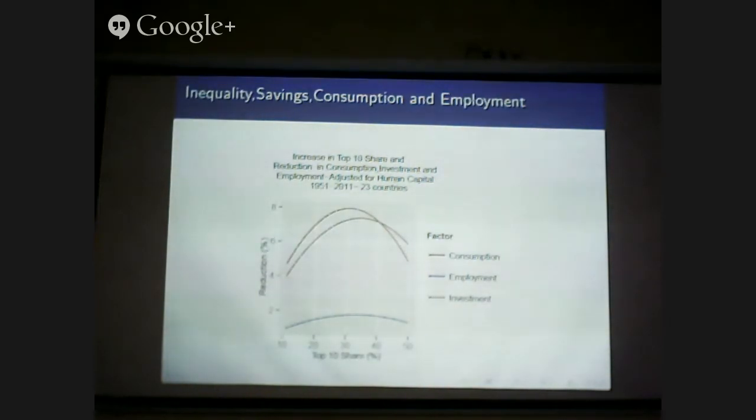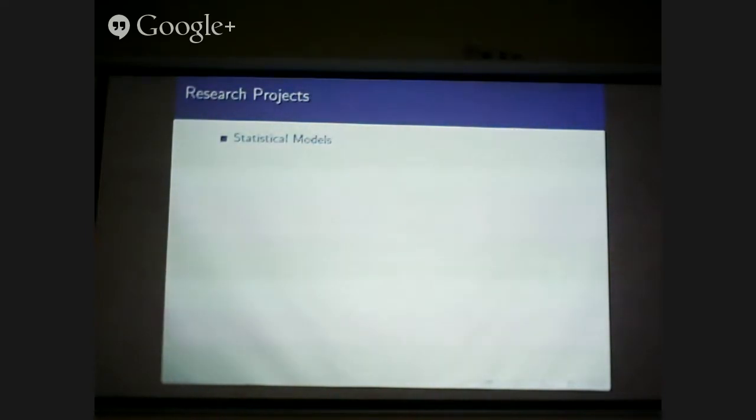Okay, that's what's happening. So less and less employment if wealth gets concentrated. And investment is practically flat. Give more money to the rich, they will save more and invest. There does not seem to be much support for that type of thing. All right. Now, in terms of future research ideas, some of them that I have,